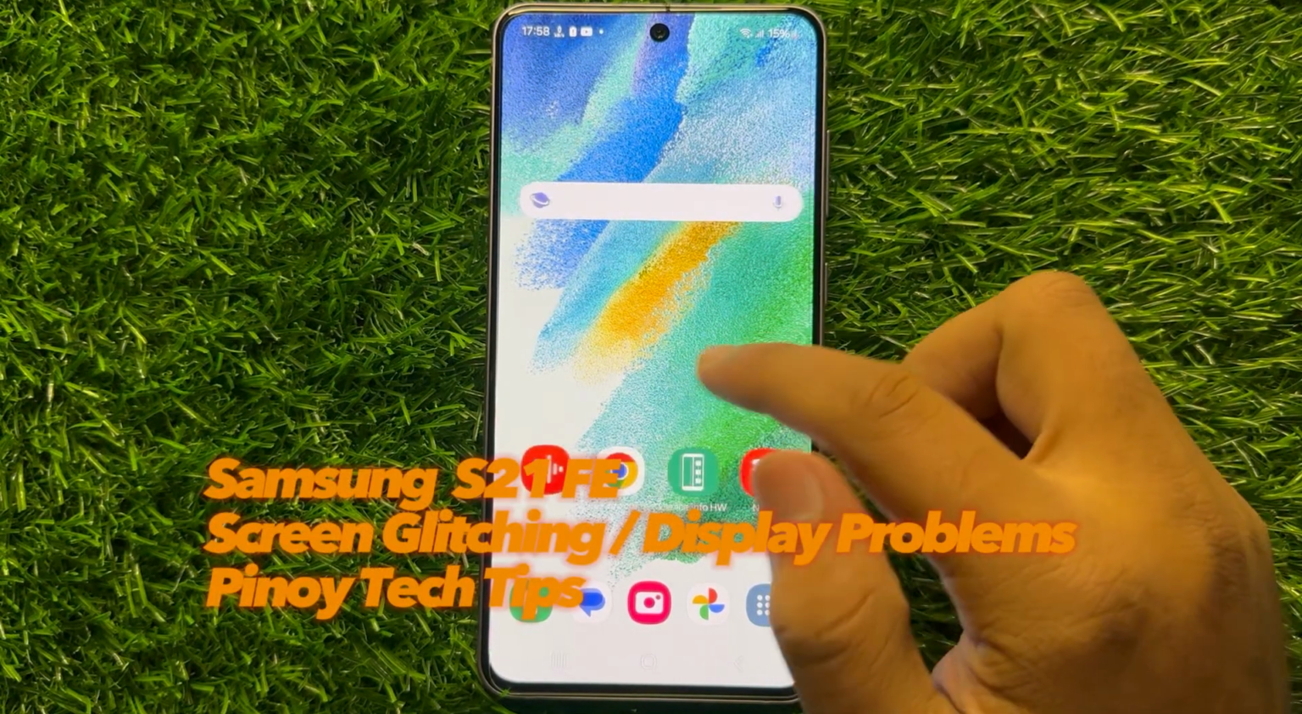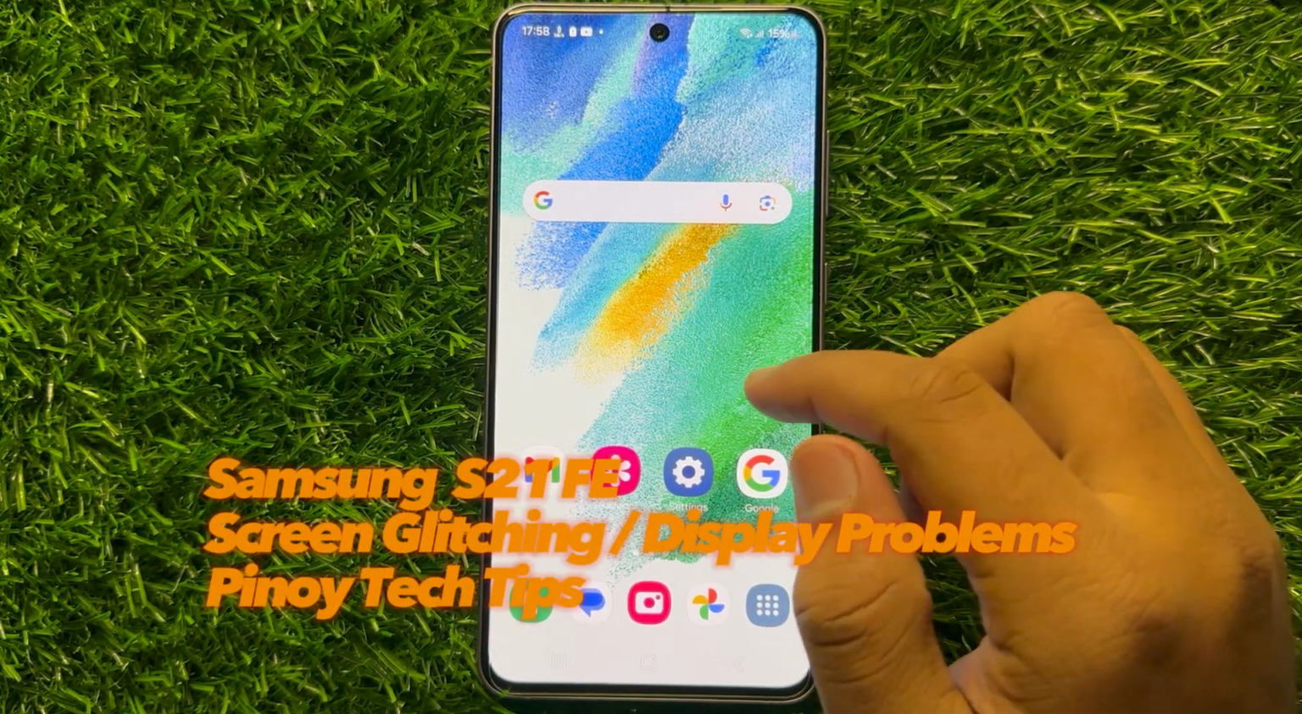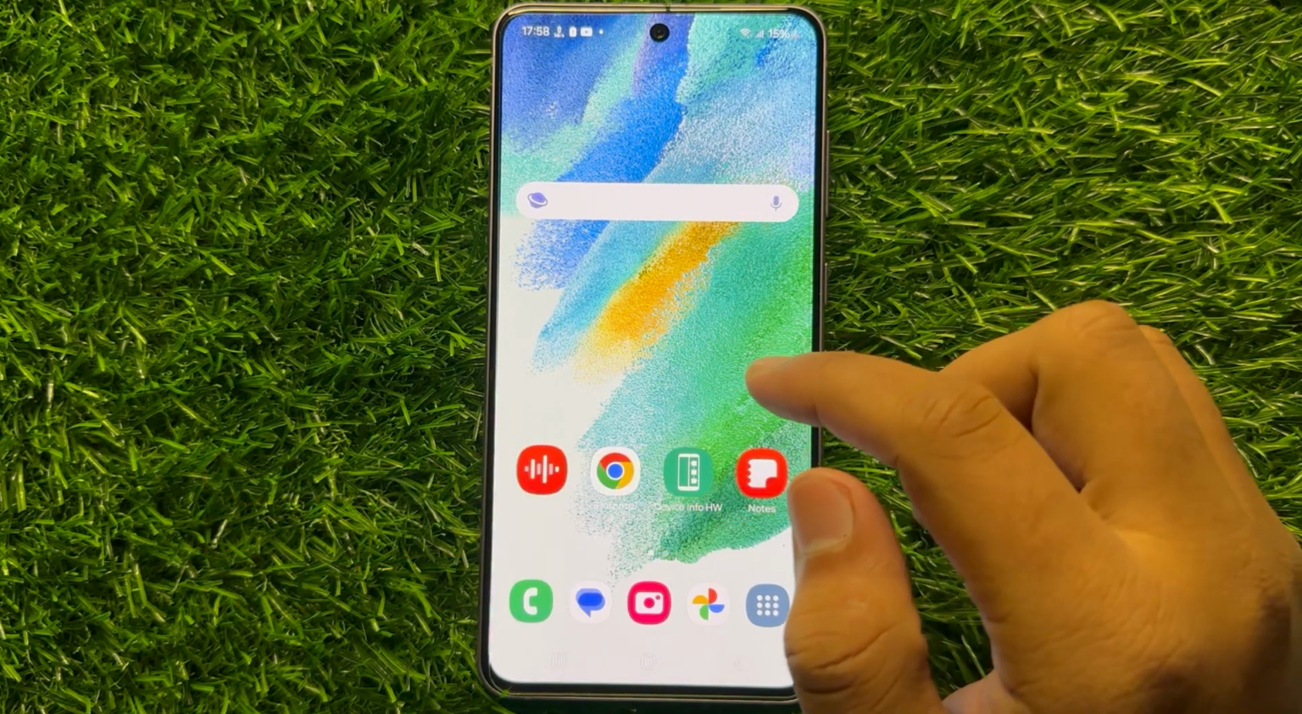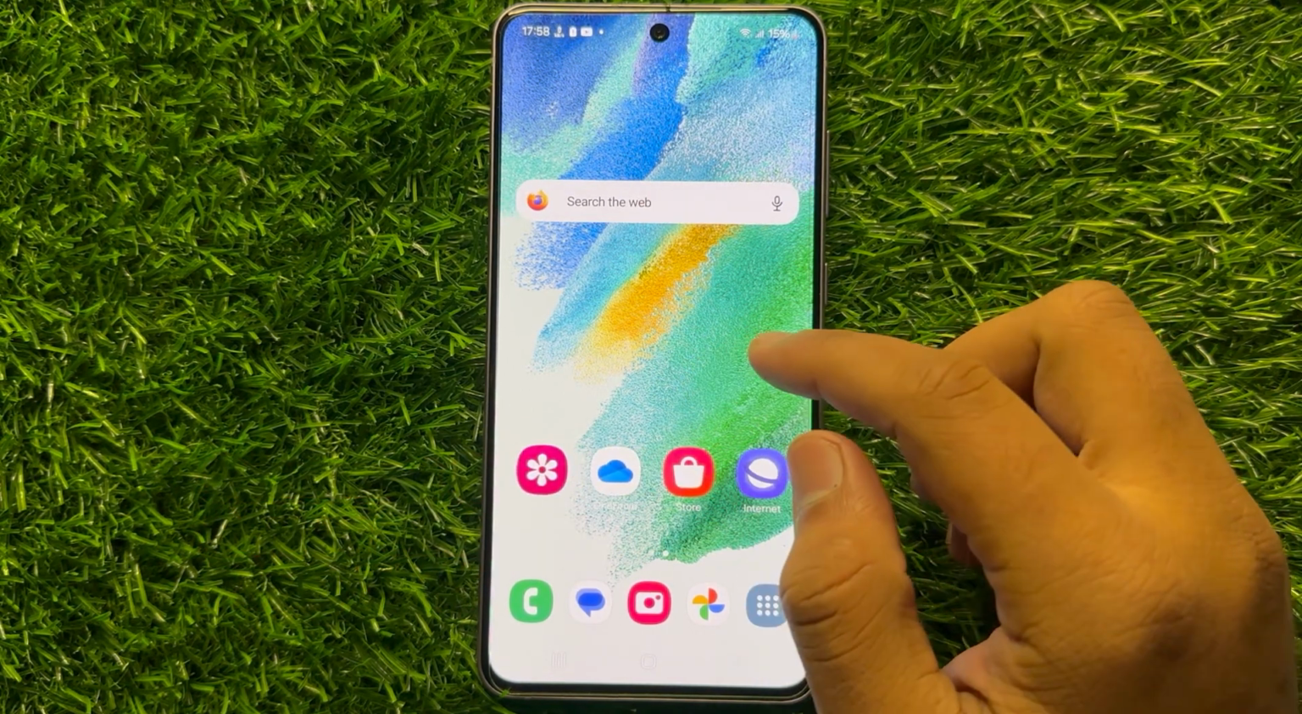Hello everyone, in this video I will show you how to fix the glitching and display problems on Samsung Galaxy